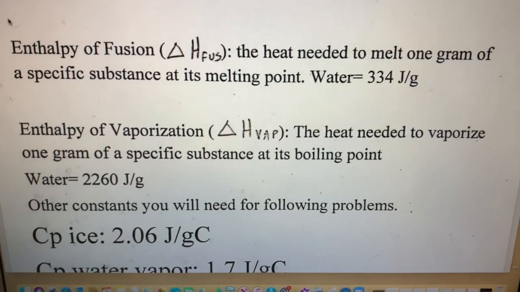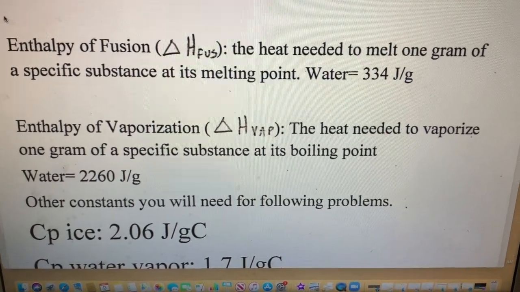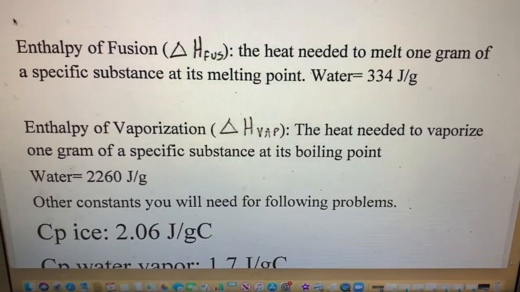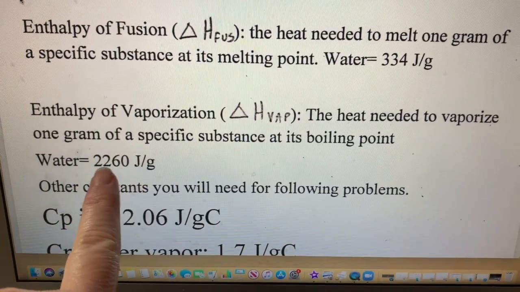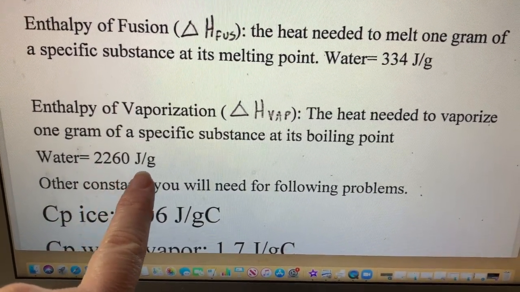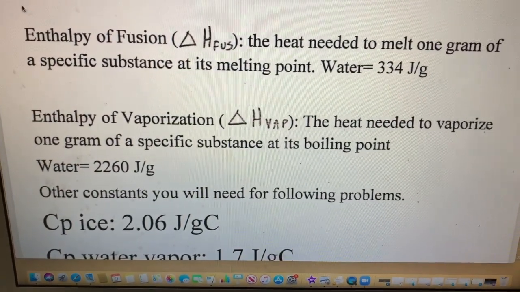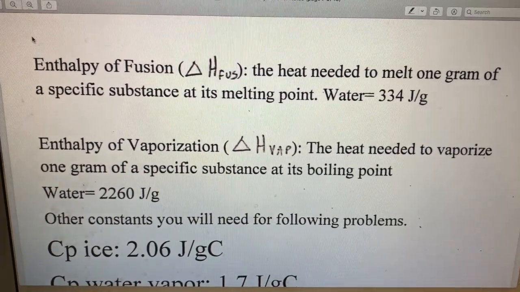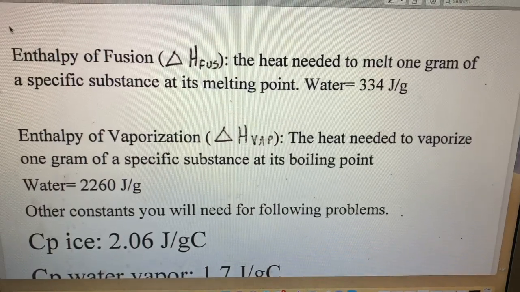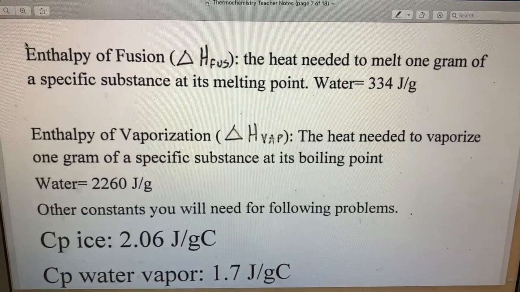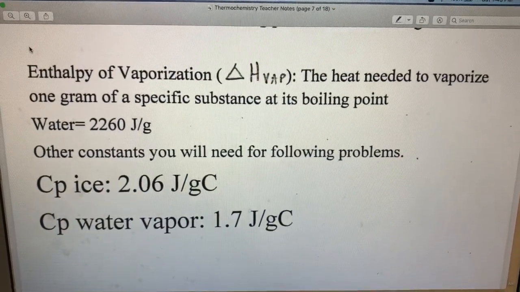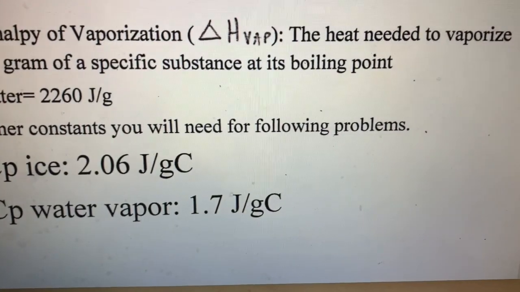Enthalpy of vaporization is the amount of heat needed to vaporize 1 gram of a substance at its boiling point. Water's enthalpy of vaporization is 2,260. You can see that's a big jump. It takes a lot of energy to vaporize water, and that's because of those strong hydrogen bonds that are in water. We're also going to be dealing with water in its ice state and in its vapor state,